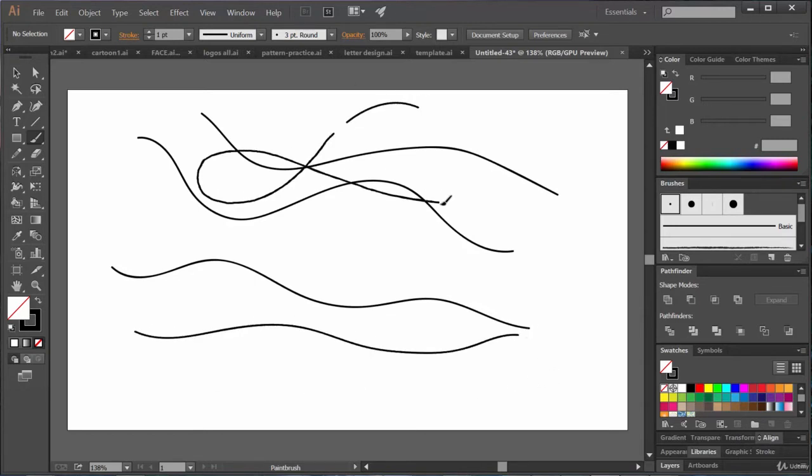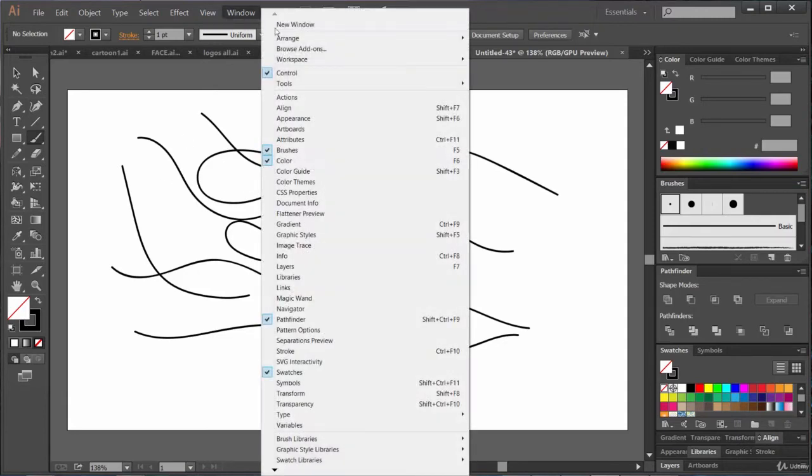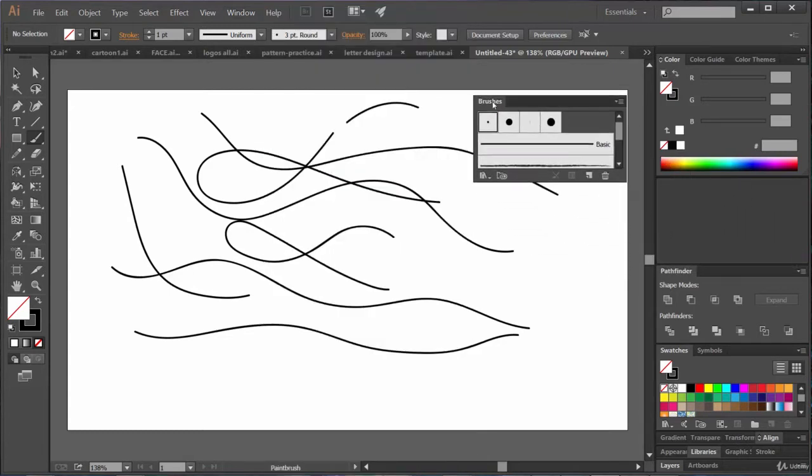You can draw pretty much everything with the brush tool. Okay, so this is how we can use the brush tool. Now there are many ins and outs of using the brush tool, and let's go to the window menu and let's click on brushes panel to view our brushes panel. It's currently visible, it's here. Let's drag it out here,